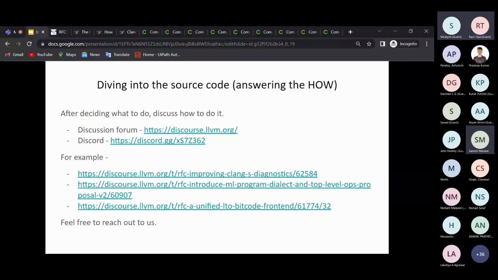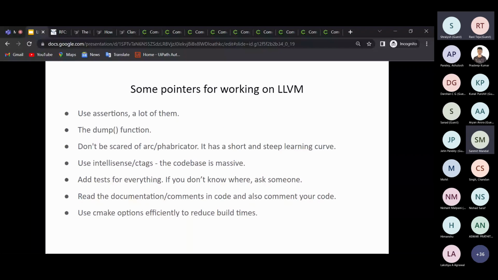Some pointers when you start working on LLVM. These are very newcomer-related pointers, and anybody who gets a little bit of experience with LLVM would know these. For example, the LLVM community uses assertions, a lot of them. The advantage of using assertions is you can almost always do a release build, which is much faster than doing a debug build.